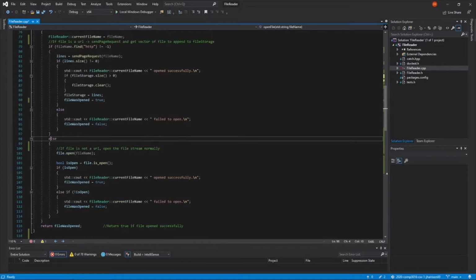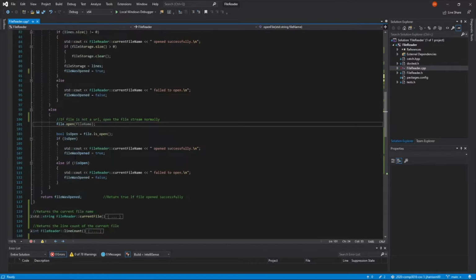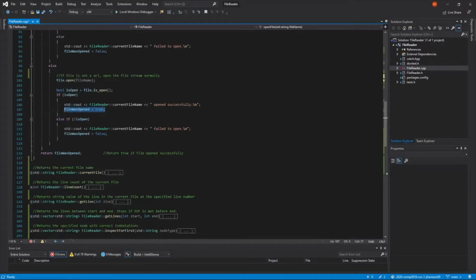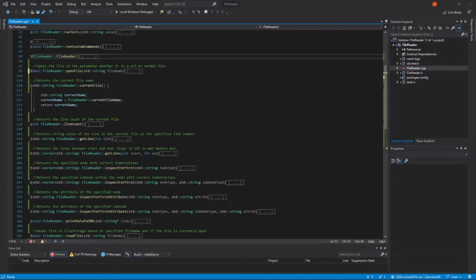In the case where it isn't a URL, we then go here and simply open a file stream with the file name given, and we then check if that file is open using file.isOpen, which is part of the ifstream library. This will then make sure we output if it's successful or if it's failed, and then we return the response. The next function is called currentFile, and it simply returns a string value based on the currently open file,